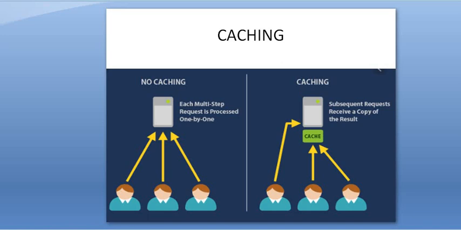Caching is a part of temporary memory and it lies between the application and the persistence database, and it stores the recently used data that reduces the number of database hits as much as possible. In other words, we can say caching is to store data for future reference and improve the performance of our application.